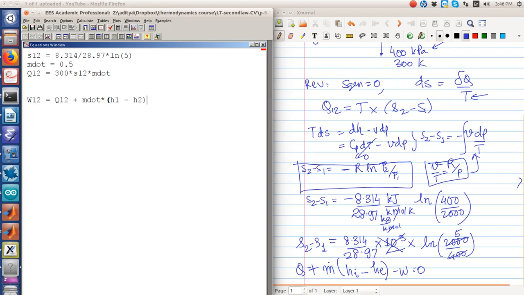What will be the expression for H1 minus H2? For air, it has to be 0. Therefore